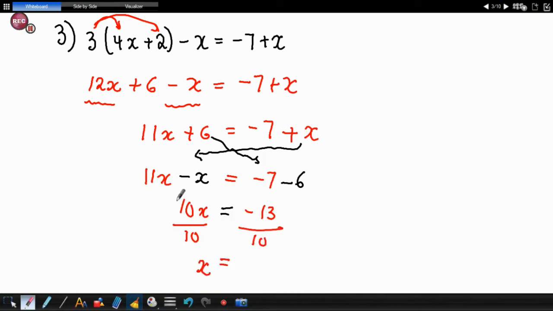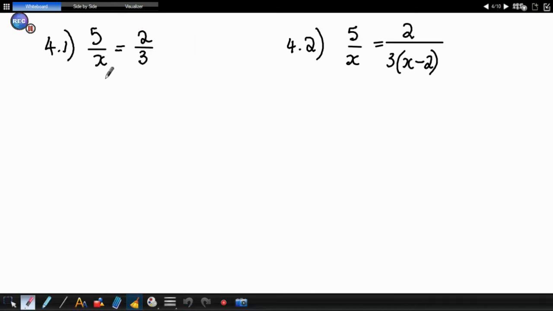So therefore, x is going to be negative 13 over 10, and that's our answer. Moving on, we come to